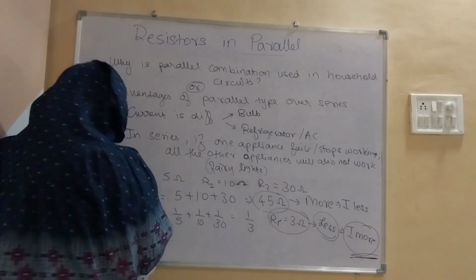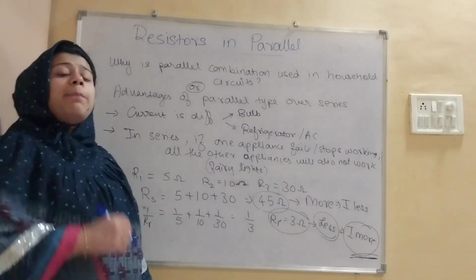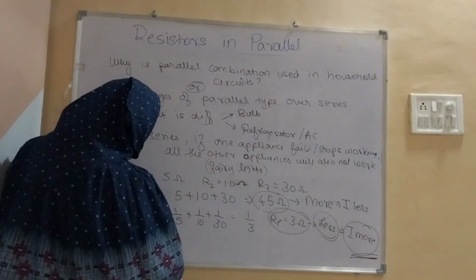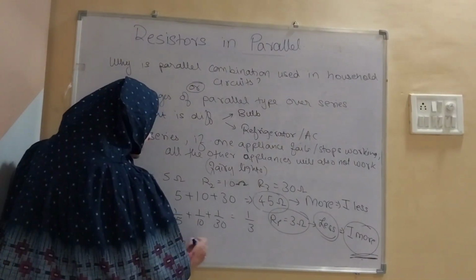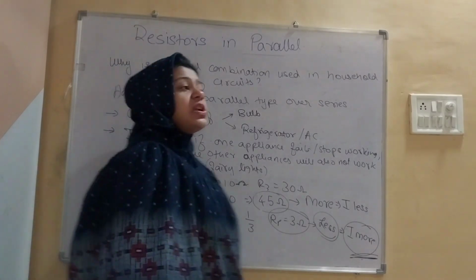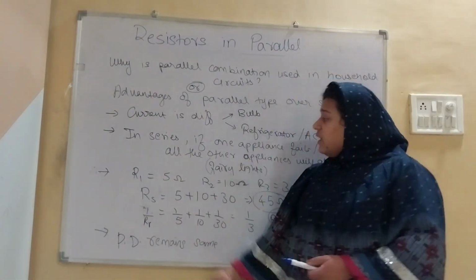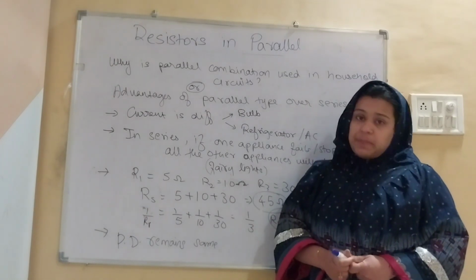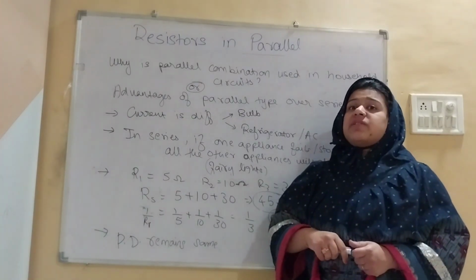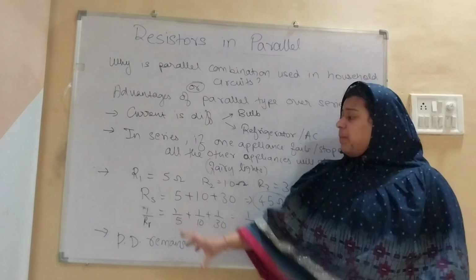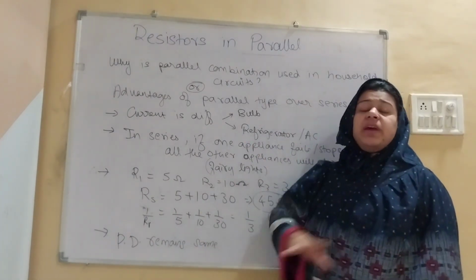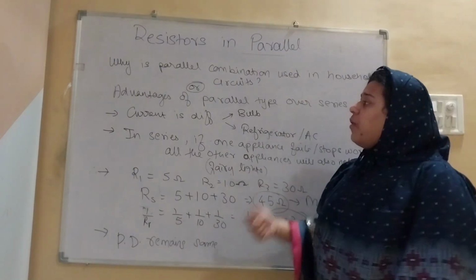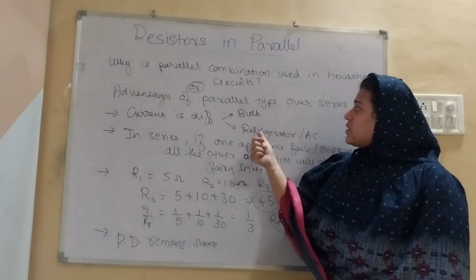एंड द फोर्थ एंड लास्ट रीजन इज कि क्योंकि पैरेलल टाइप ऑफ कॉम्बिनेशन में पोटेंशियल डिफरेंस फॉर ऑल द अप्लायंसेस रिमेन सेम, पोटेंशियल डिफरेंस सेम रहता है, इसलिए सारे अप्लायंसेस एक सिंगल पोटेंशियल डिफरेंस पे वर्क कर पाते हैं। सबको अलग अलग पोटेंशियल डिफरेंस देने की हेडेक नहीं होती, एक ही पोटेंशियल डिफरेंस पे, एक ही वोल्टेज पे सारे अप्लायंसेस वर्क कर सकते हैं। ठीक है, सो दीज आर द फोर मेजर रीजंस फॉर एडवांटेजेस ऑफ पैरेलल टाइप ऑफ कॉम्बिनेशन ओवर सीरीज।